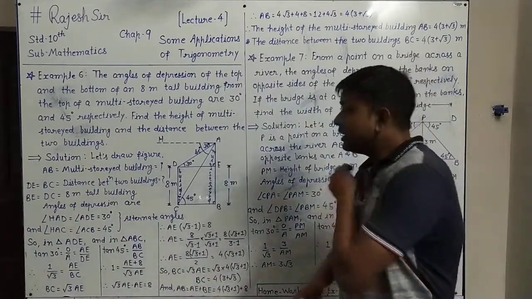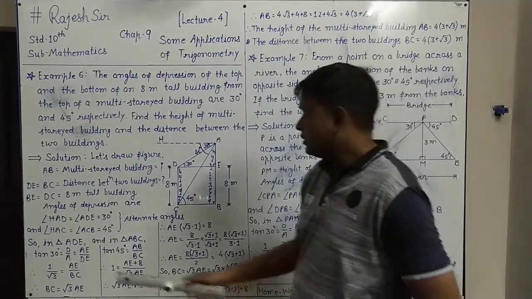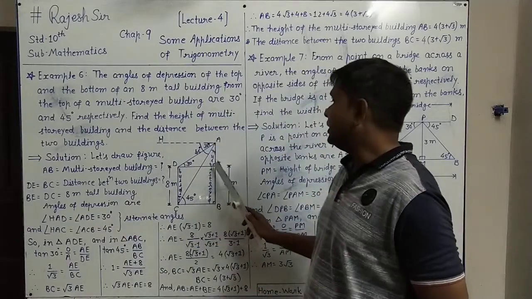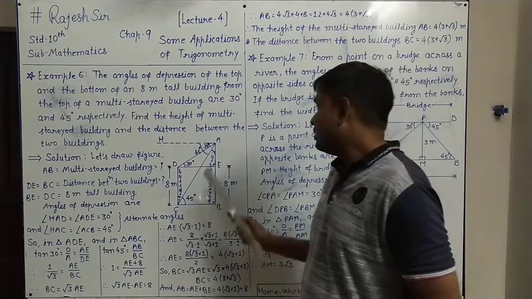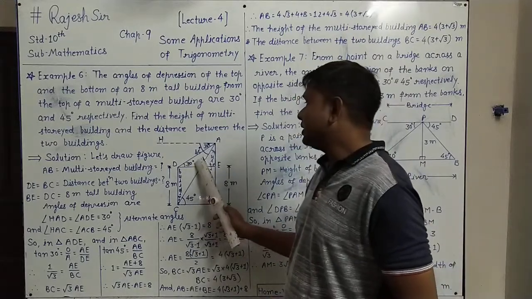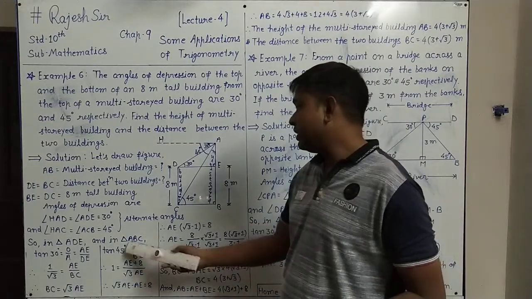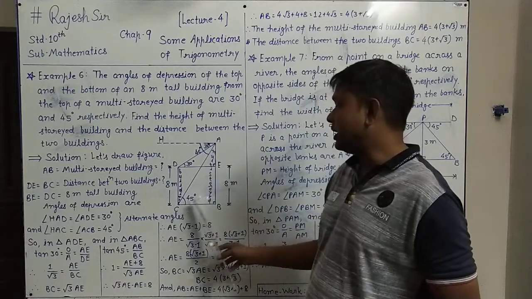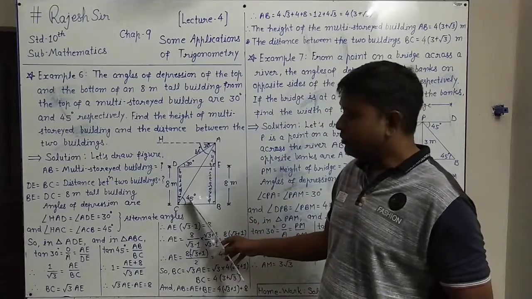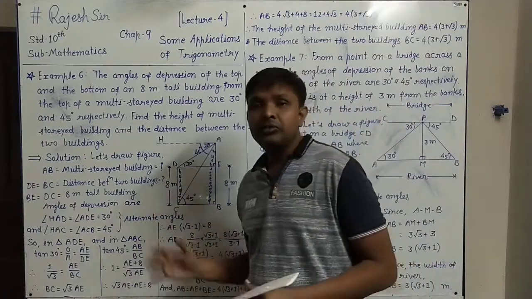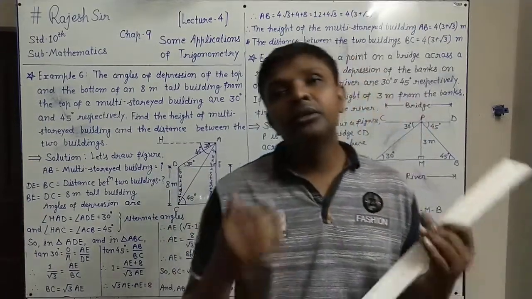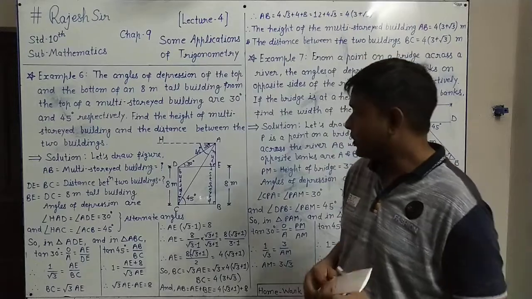So which two right triangles can we find here? The triangle ADE, in which E is 90 degrees, is obvious from the figure, and we have the 30 degree angle here. The next triangle is triangle ABC, in which B is 90 degrees and C is 45 degrees. So these are the two triangles in this figure to which we have to apply the trigonometric ratios, right?